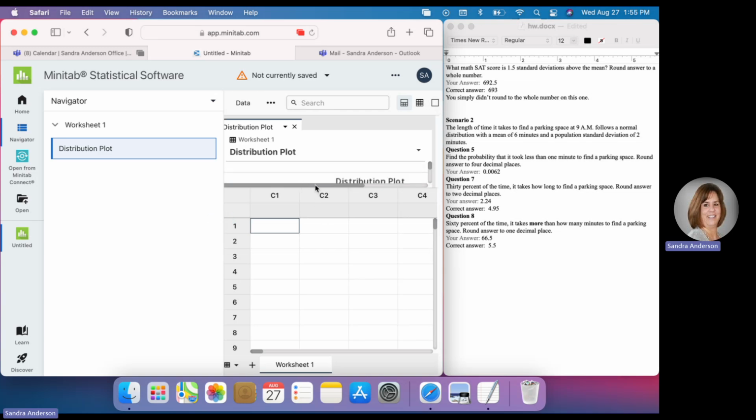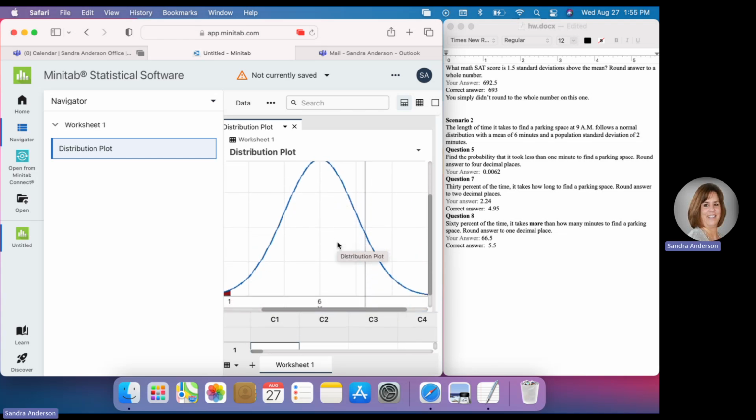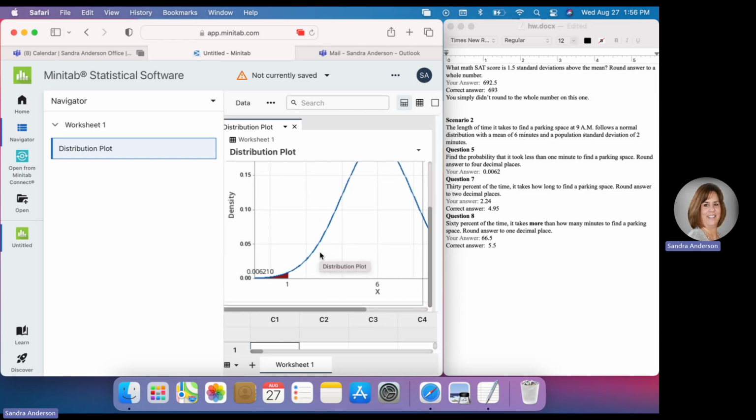When you do that, we are going to be able to read everything we need to read from our chart. Okay, so it's very important that you can read the normal distribution. We see the normal distribution, we see our mean of X, and across the bottom are our X values. And remember, our X value here was 1. So across the bottom are your X values. The decimal numbers that you see that will show up in Minitab on the normal curve is your probability, because remember, probability is a decimal number. So our answer here is